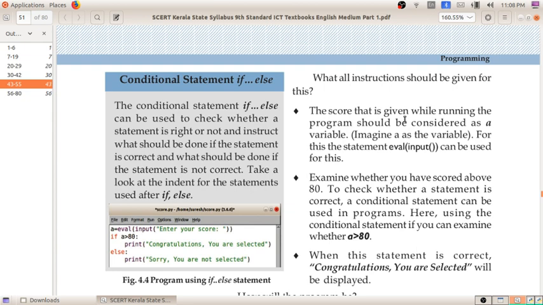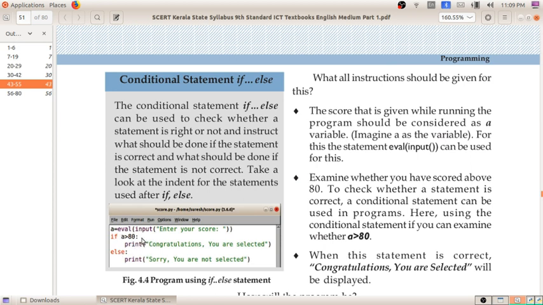The score that is given while running the program should be considered a variable. Imagine A as the variable. So here we are giving the input, enter your score in variable A. After writing the statement, when we run the program, the computer will ask us to enter our score. Then the computer will go to the conditional statement and check whether our score is greater than 80.